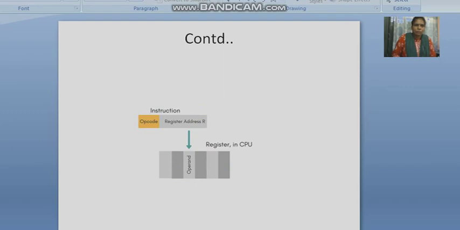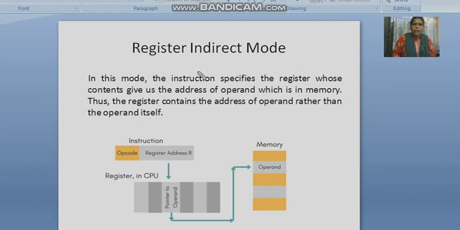Now, register indirect mode. In this mode, the instruction specifies the register whose content gives the address of the operand which is in memory. Thus, the register contains the address of the operand rather than the operand itself. So here in indirect mode, the register does not contain the operand or data itself.